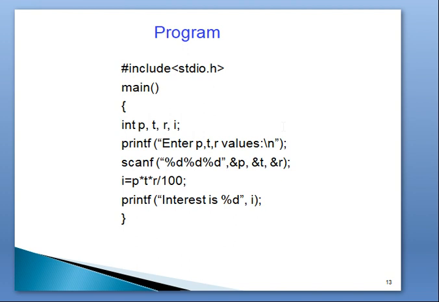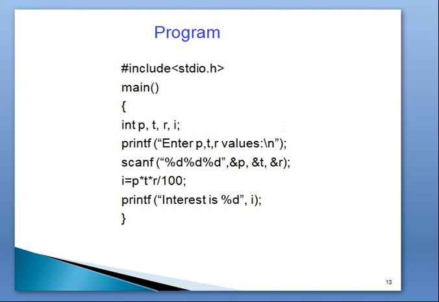In a single line we are asking the user to enter the principal amount, time and rate of interest. Whenever the user reads this statement, he will respond like that only, like he is mentally prepared to enter principal